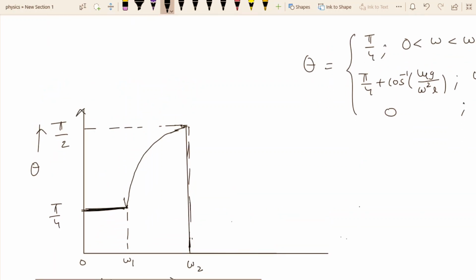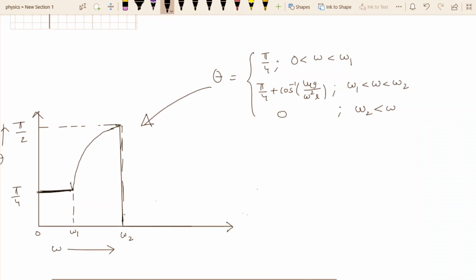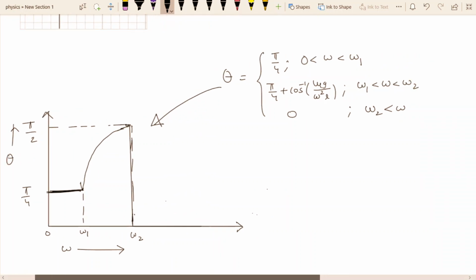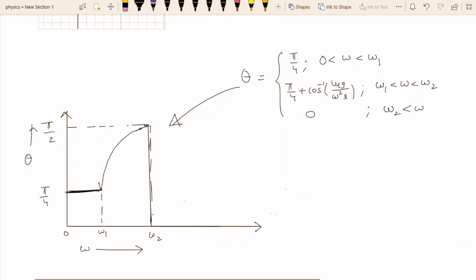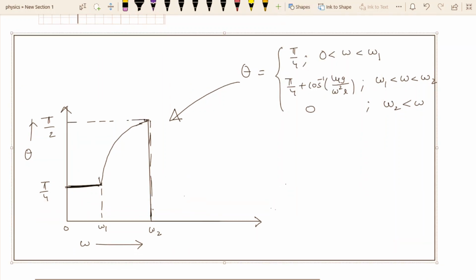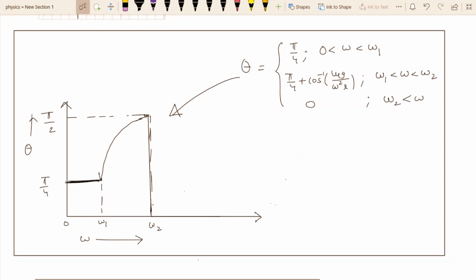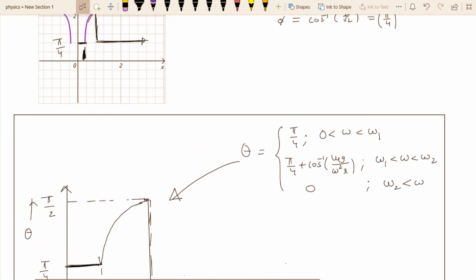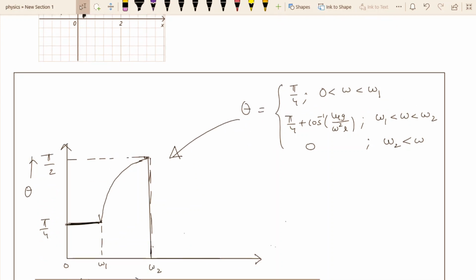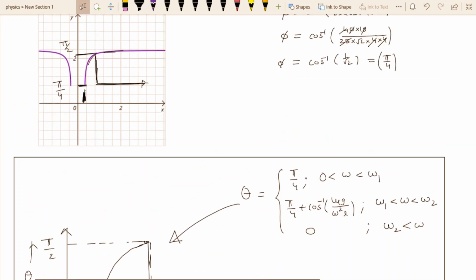Okay, students. According to this data, we are getting this kind of graph. So this is the solution for the problem of the given question. This is the final answer for the given Pathfinder challenge your understanding question. Whatever graph we are getting is the exact representation of the angle between the disks. So this is the final answer.